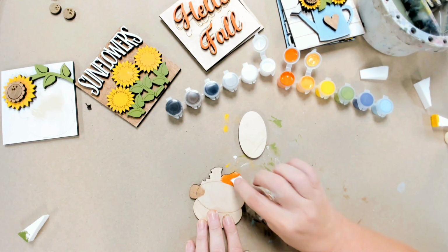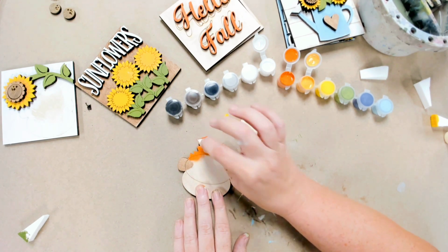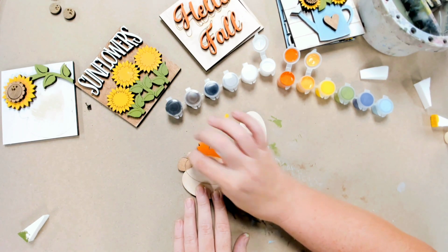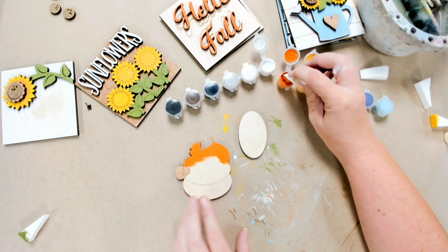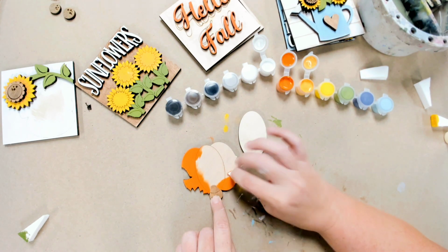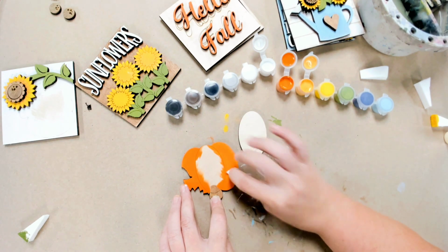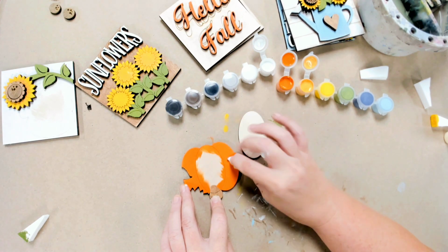All right, now I'm going to paint my pumpkin. I did just use light stain for the stem of my pumpkin, and just kind of guesstimated where to end, because that other round piece is going to go on top of it. I'm going to start by giving my whole pumpkin a coat of the orange paint, and just kind of making sure I've got a nice filled in pumpkin to start off with,